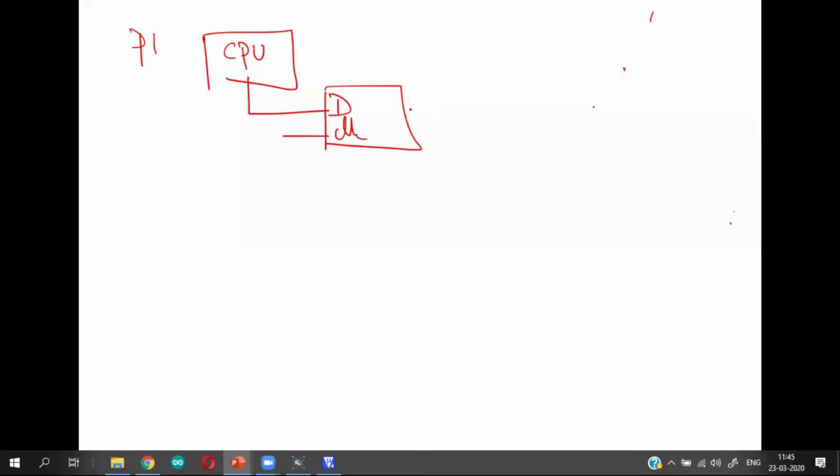For port 1, you have the CPU. This is the D input. This is the clock input. This is Q. This is Q bar. Q bar is connected to a MOSFET, which is internally grounded. You have an internal pull-up.